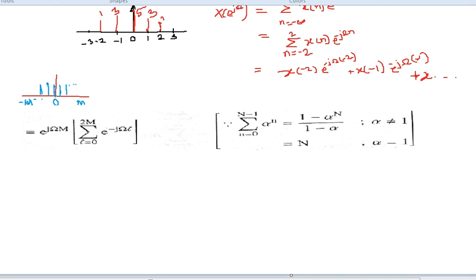By using this equation, we can write this as e raised to j omega M as it is, over the bracket. So this can be expanded with this term, where 1 minus alpha is nothing but e to the power